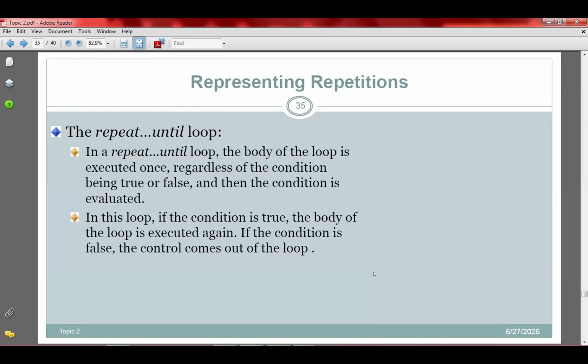So while the condition is true, do this. Go and check the condition again. If it is true, do this. For the while loop, you need to evaluate the condition first before you perform the first action. Meanwhile, for the repeat until or the do while, you perform the first action before you come and evaluate the condition. That's the difference between the two. So the do while will tell you to attend class first.